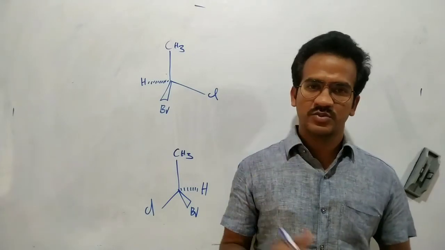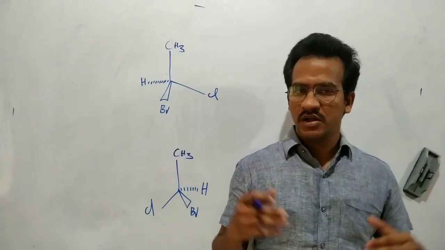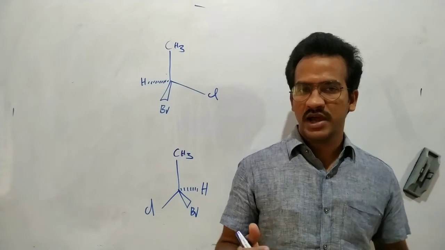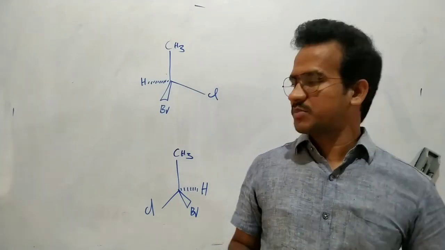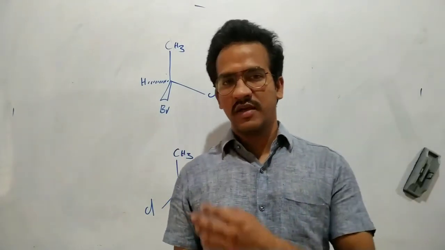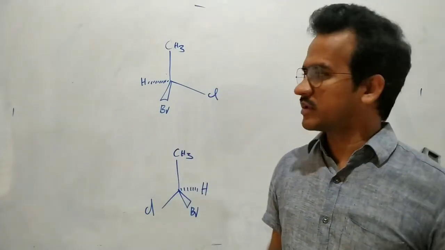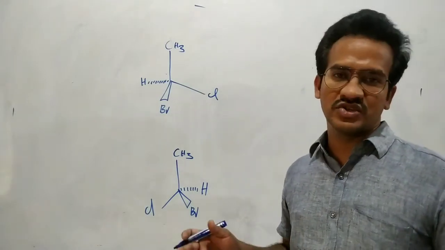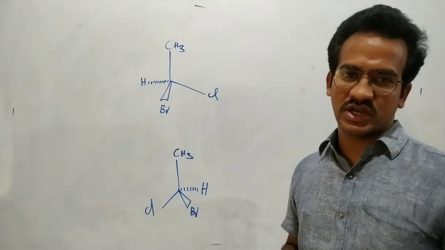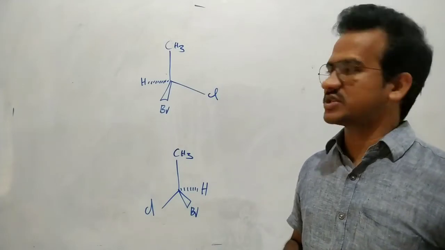First of all, this is a 3D representation of the molecule. It is a chiral molecule that has a chiral carbon, of course an optically active molecule. That optically active molecule is represented in a three-dimensional manner, that means it is a wedge-dash representation. So how to convert this into the 2D structure, that means the Fischer projection formula.